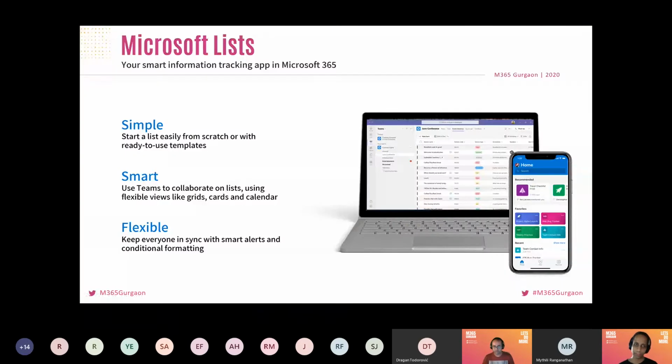So basically, what is Microsoft List, right? Everyone must be knowing about SharePoint List. This is sort of a reincarnated version of SharePoint List, but definitely with more power and more enhancements. Fundamentally, it is basically a table which allows you to store information and data very easily in a very simple interface and very simple experience. So it gives you built-in column data types, right? Starting from number, dates, choice columns. So there's an array of built-in columns that allows you to store data.